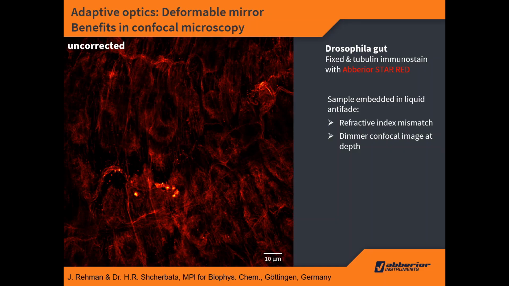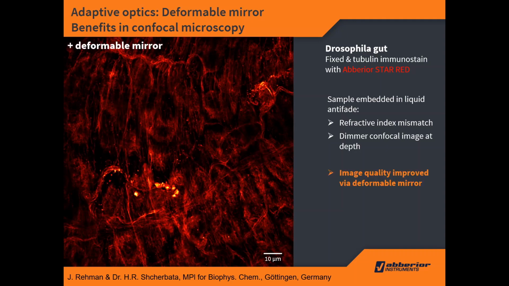Here I'm showing you an image of a Drosophila gut stained for tubulin, and this time we are looking not at a vertical XZ slice but a normal XY slice, as you probably mostly used to. And here's the uncorrected image, and we were here imaging at about 40 micron depth. Switching on the deformable mirror, you can see the image quality increases and we have more brightness and the image is